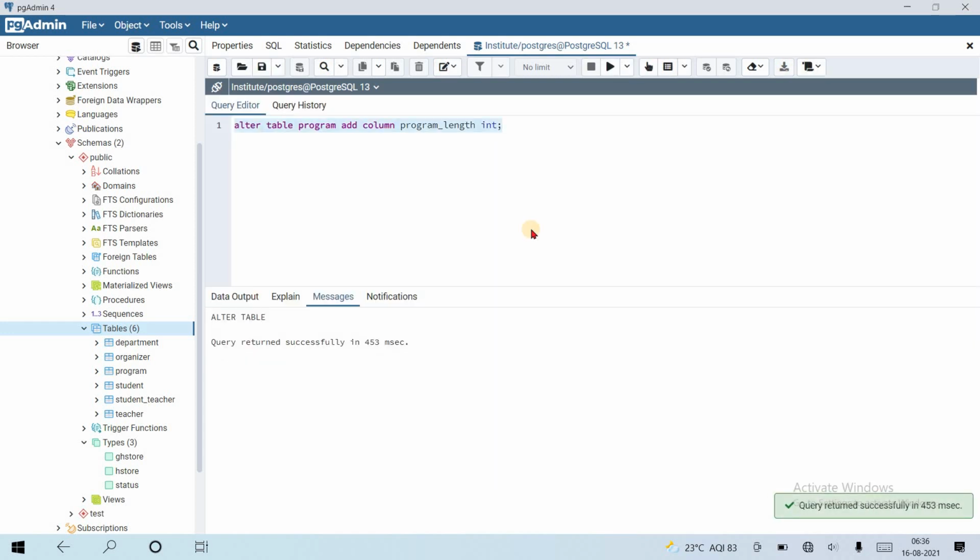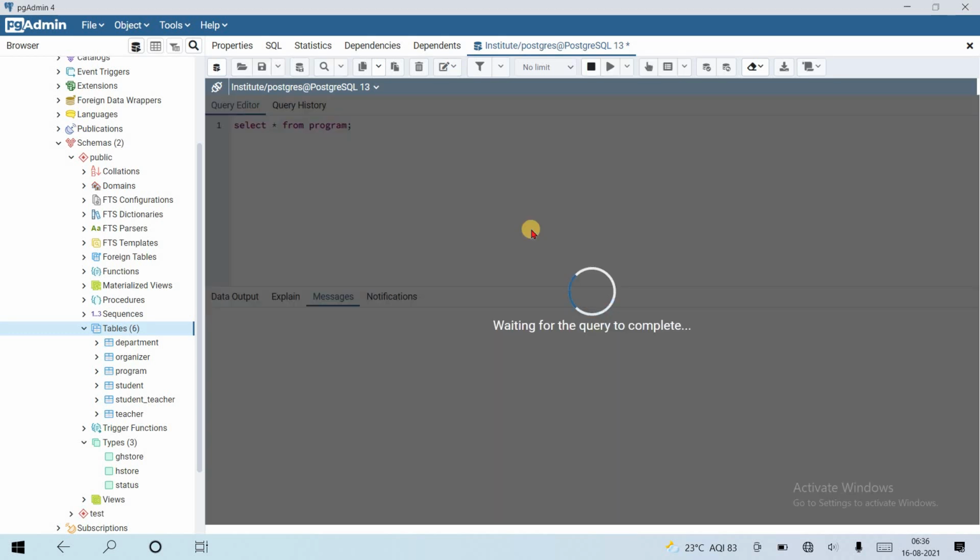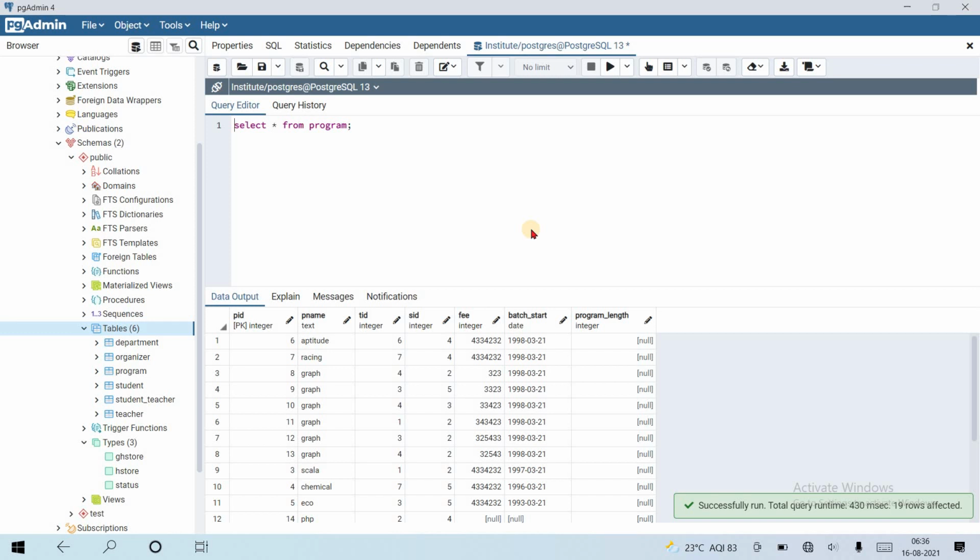Yes, query returned successfully. If I see the data, select star from program. Let's run the query. Oh, but all the values for the previous data are null. So let's insert some values in it.